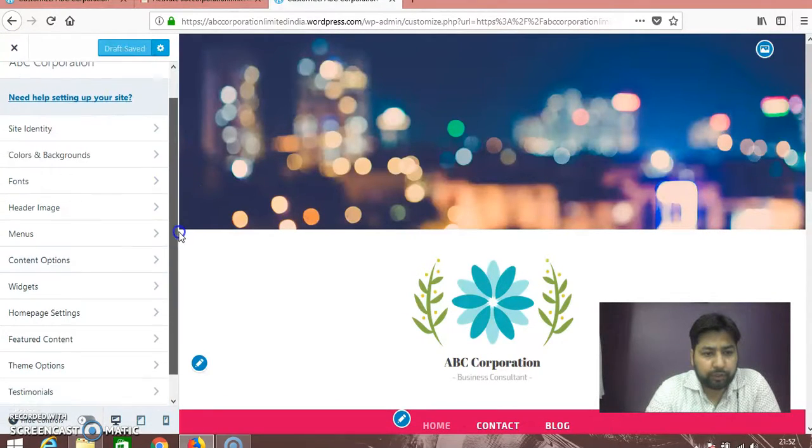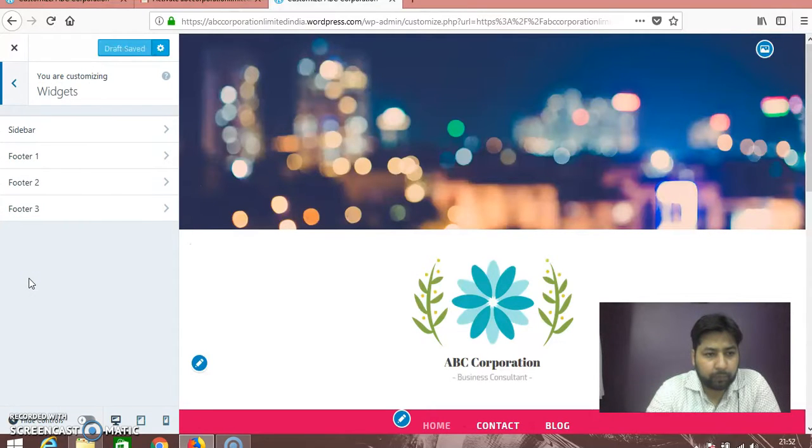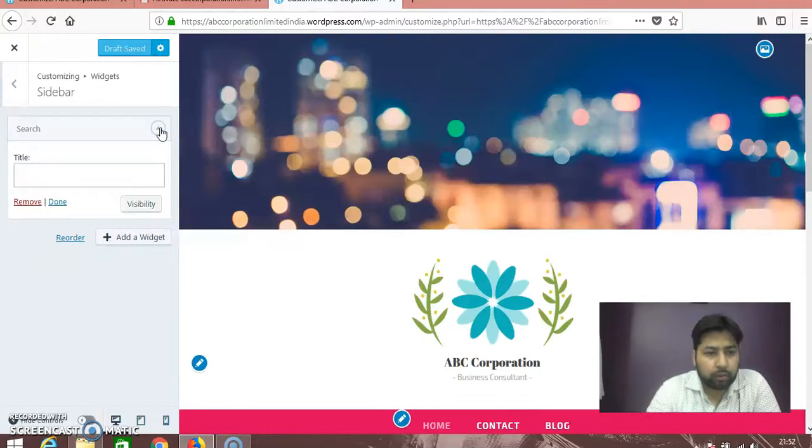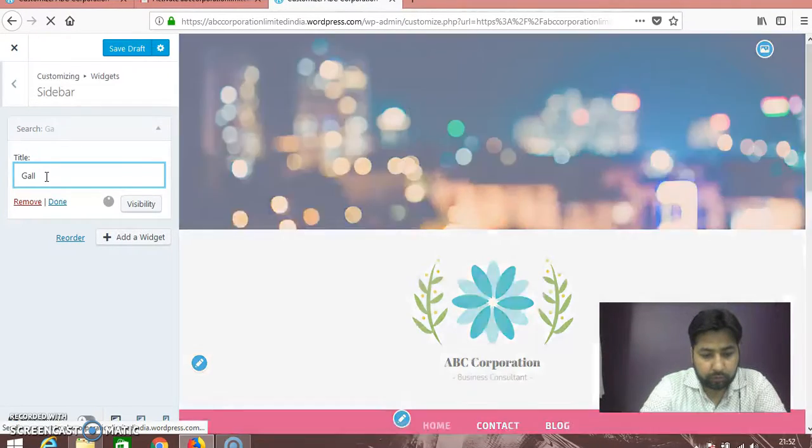The next option is widgets. These widgets help us to create different sub-menus, for example, if we want to create a gallery,